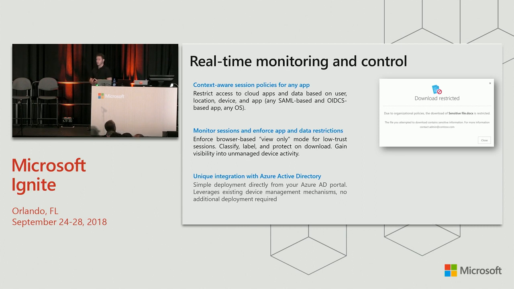If you want to allow access from unmanaged devices, you want to allow people to collaborate and use the applications, but you want to block download because you do not want this data to go to unmanaged devices whose security posture you don't know, you can also do this now. And the beauty of it is that you can also do it based on the content itself. So you can decide that data that is classified or contains sensitive information you don't want to allow to download, but any other kind of data you want to allow to download.